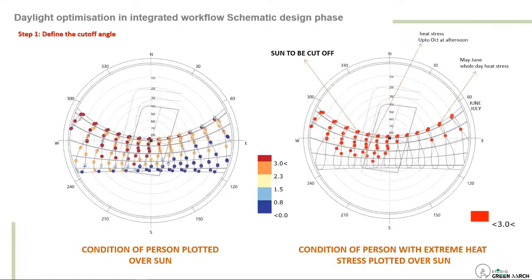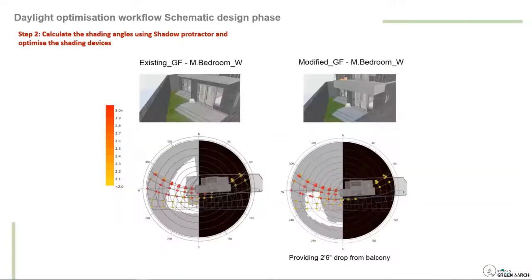At the end, this is the last part of my presentation, where I just wanted to guide you through a small project on how you can start a daylight simulation, right? Under step one, before going for intense daylight simulation, you should always try to go for small detailings. For example, you do a climate study where you try to find out the cutoff angle, at what times of the year you are trying to block the sun, or you want to cut down the harsh radiation with the daylight. Once you are satisfied with that, then you go for a solar protector to get the vertical shading angle or horizontal shading angle.